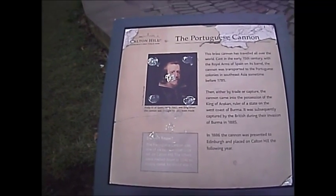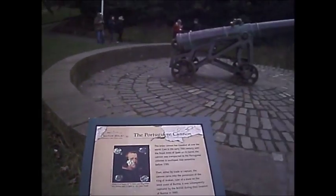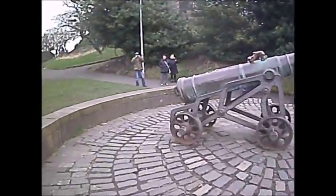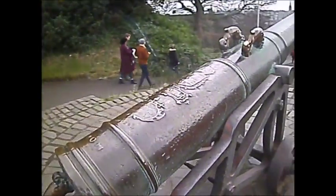Early 15th century, eventually captured by the British when they invaded Burma in 1885. This is a Portuguese